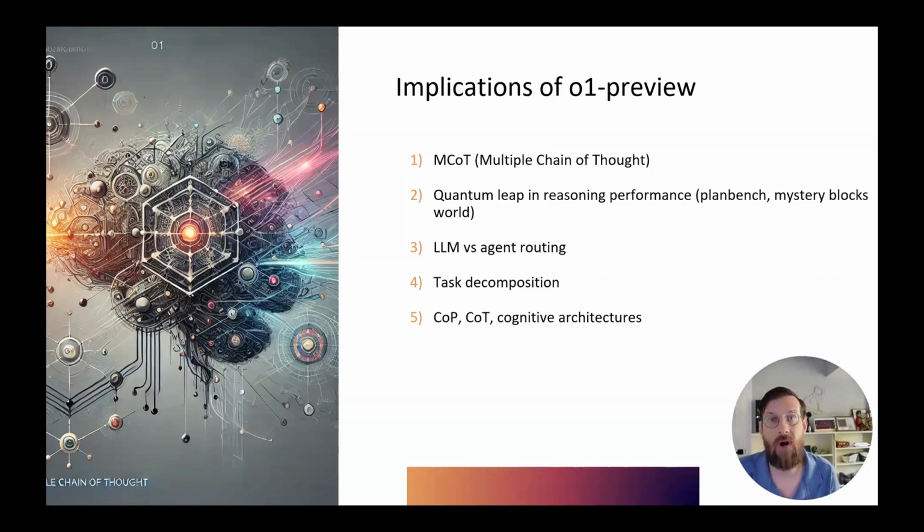And cognitive architectures, I think, are a lot of the areas we need to look into next, coming off the back of the clear success of O1 Preview. So with that premise, O1 Preview is doing very well in these reasoning tasks, far better than LLMs alone, or even basic multi-agent systems. How can we build better multi-agent systems that build on the lessons learned from the success of O1?